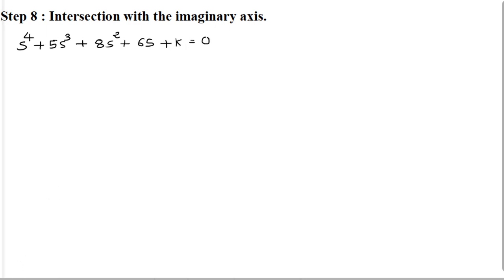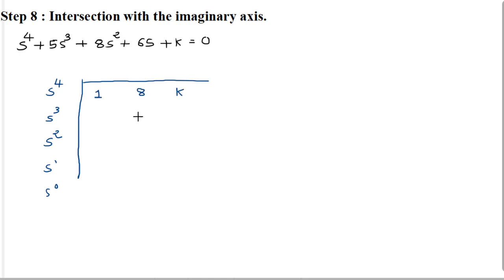Okay, by using the Routh array, that is s raised to 4, s cube, s square, s 1, s 0. Okay, s raised to 4, so here 1, 8 and k, 5, 6, 6.8. After solving this Routh array, already discussed in the last video, and here k, then after s raised to 1